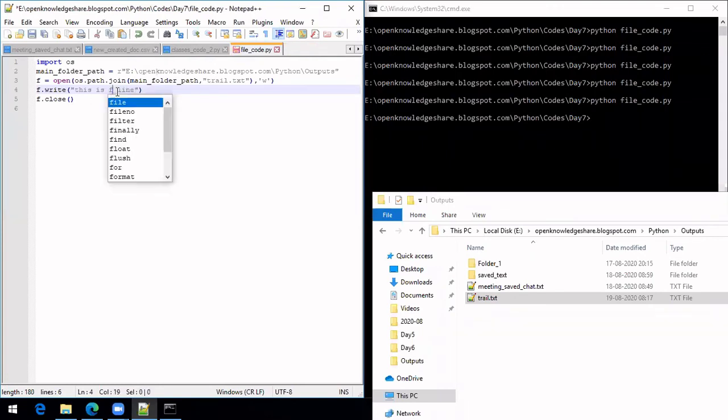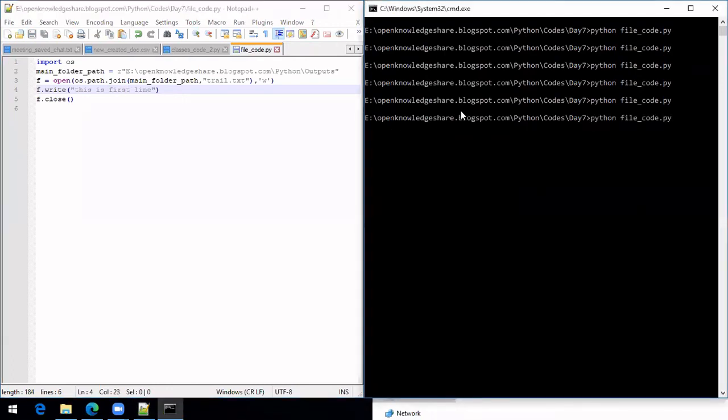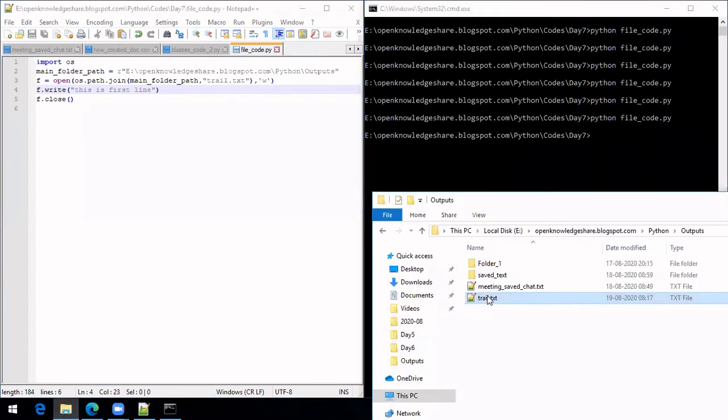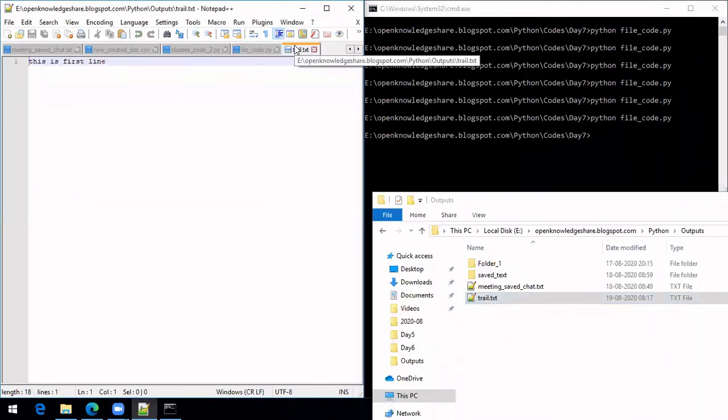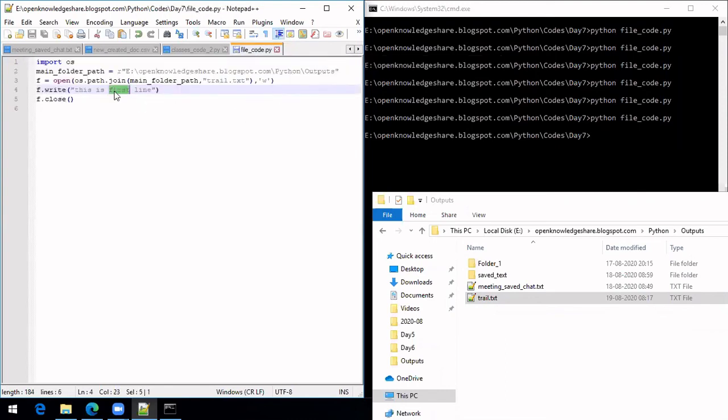But our intention is to retain the first one as well. So let me keep the earlier one. And now let us say you already have something here. Our intention is to retain whatever text is available and add a few more things into it.